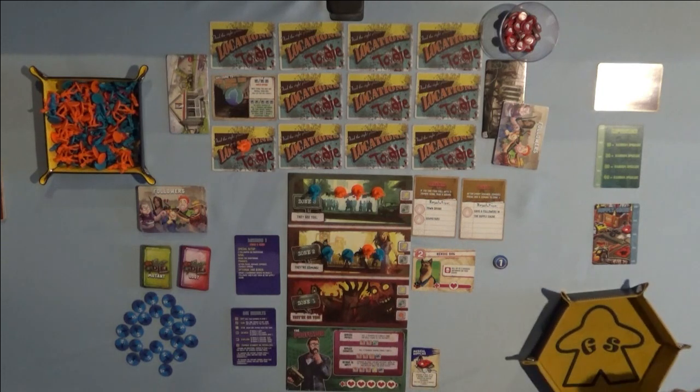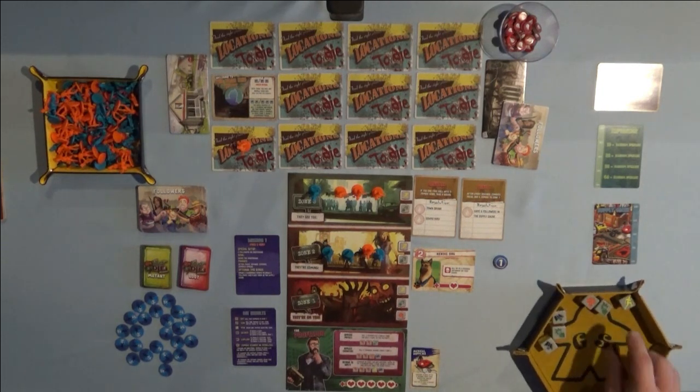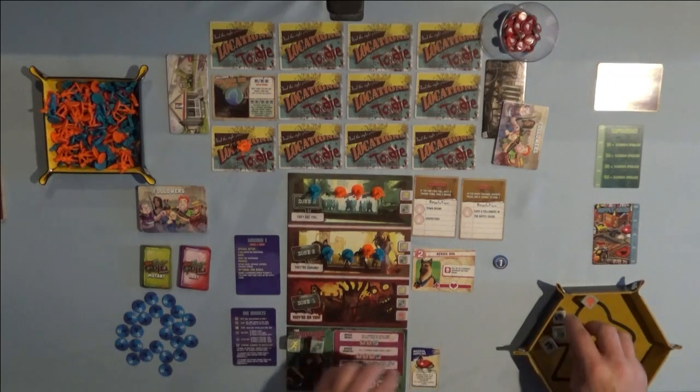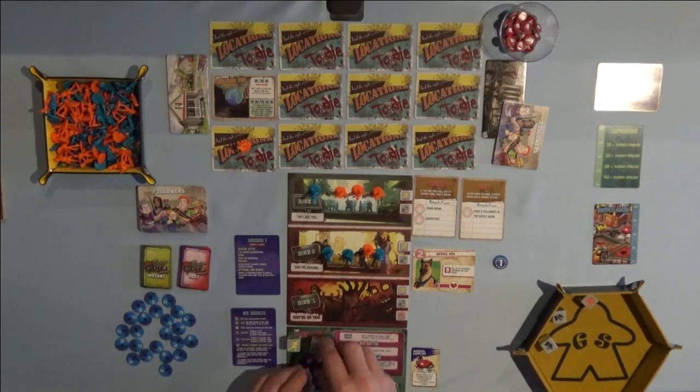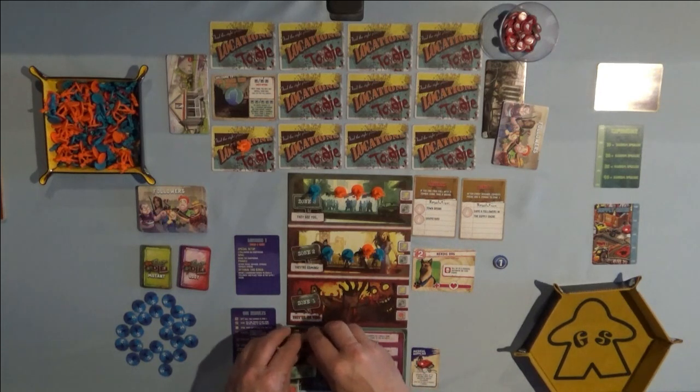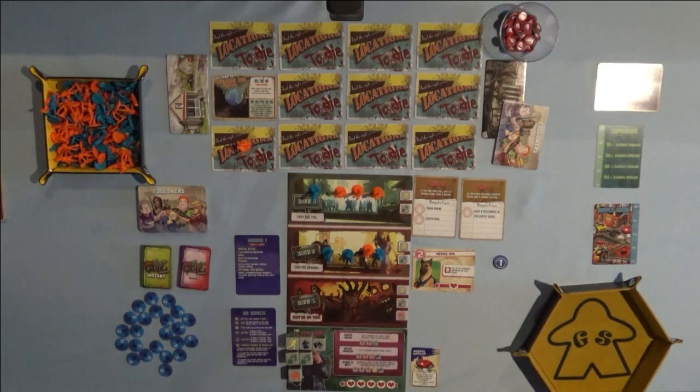Now I'm going to roll, and I have to keep everything I roll. So I have a run, a pistol, another pistol, a bat, which does not help me, and I have 2 maps. So that means I get to move again. If you don't have a map, you don't get to move, which means you can keep populating the board,